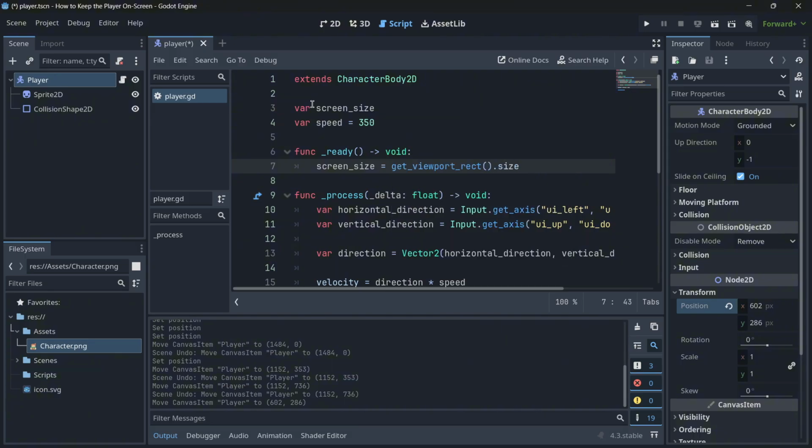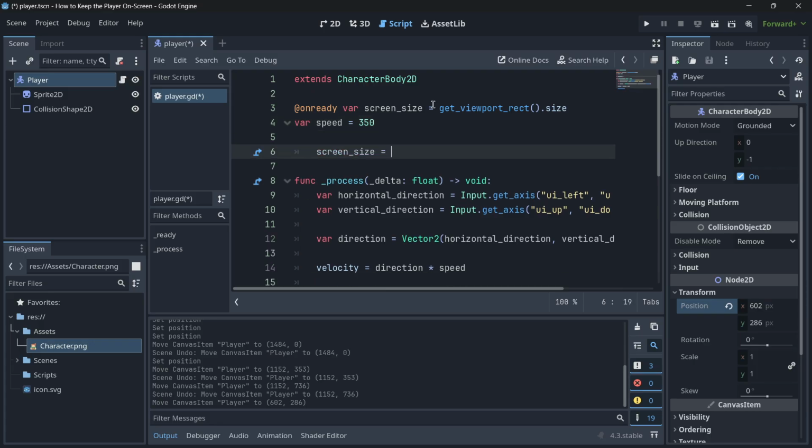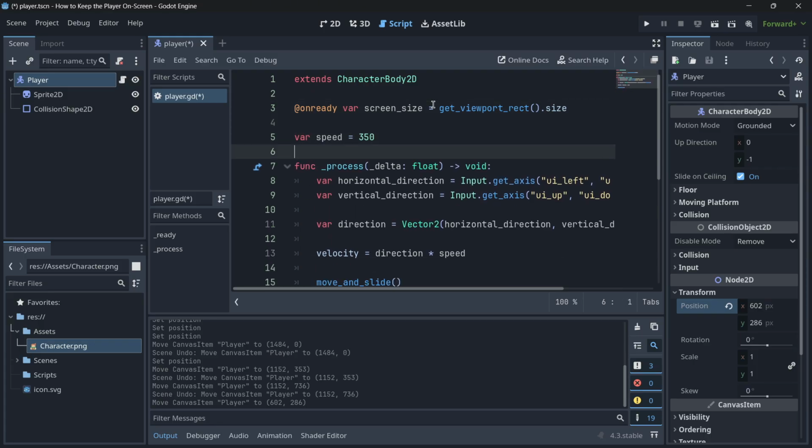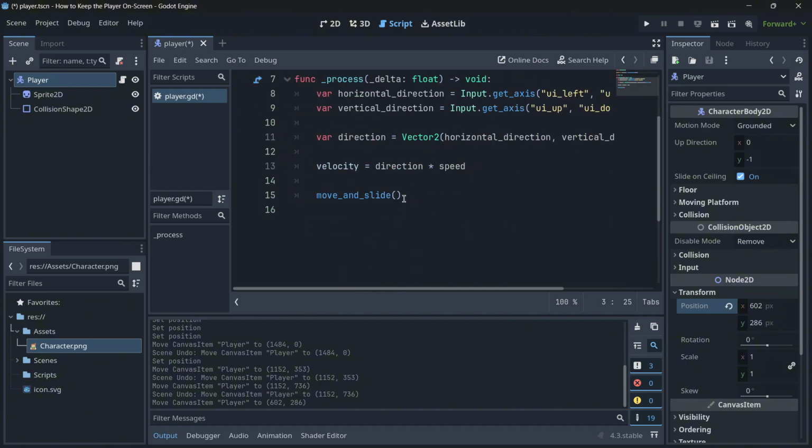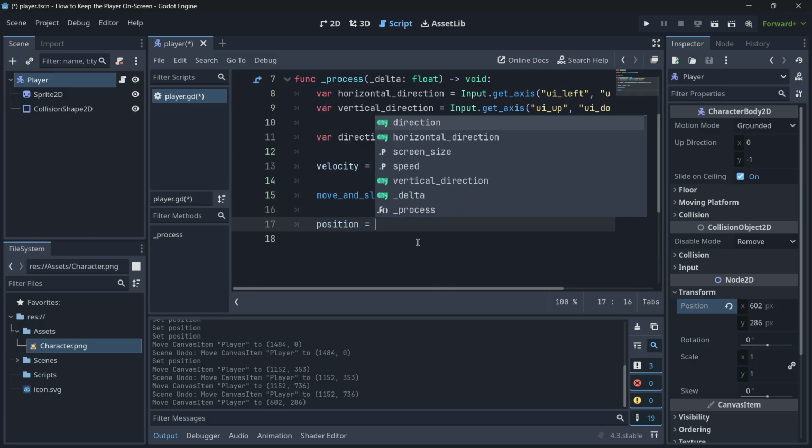This will get the measure that we are looking for, and this would indeed return the screen size, but there is a better, shorter way of writing this, that would be with the onready attribute, exactly like this. So there we are getting the screen size, and then to clamp this, the easiest and most straightforward way of doing this would be to make position equal to